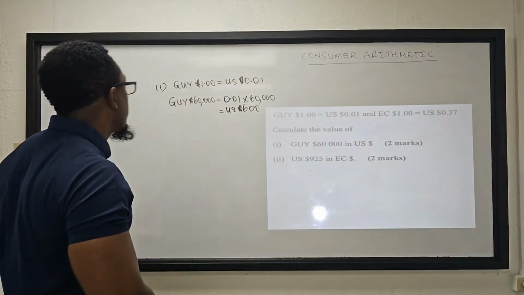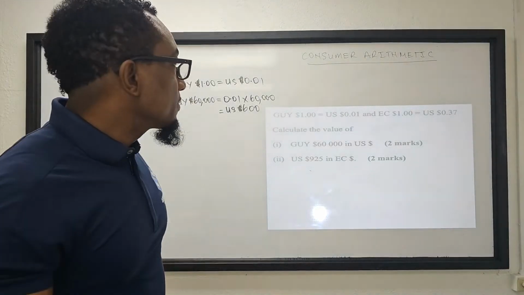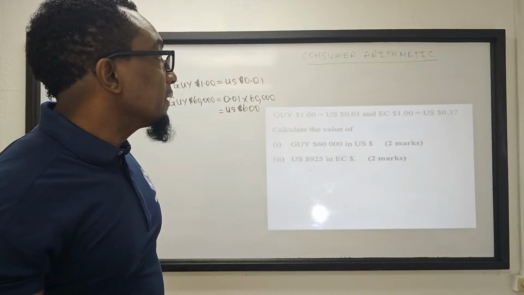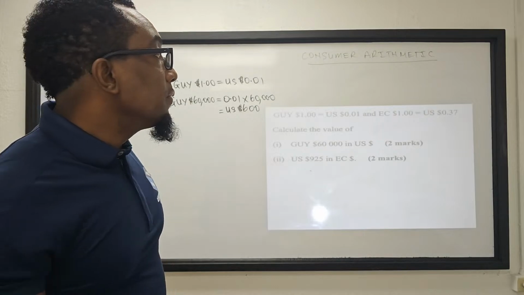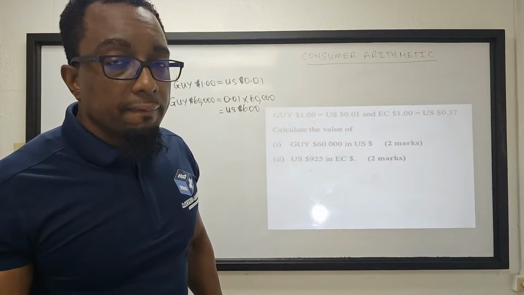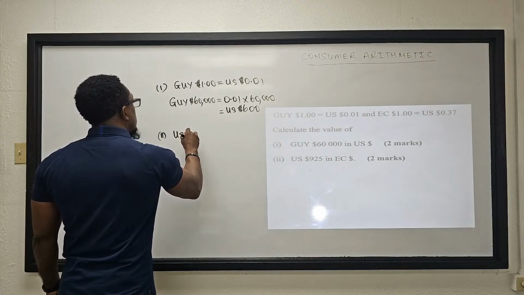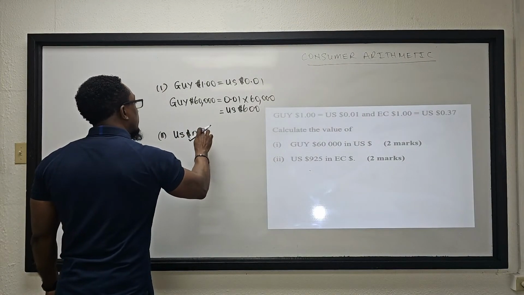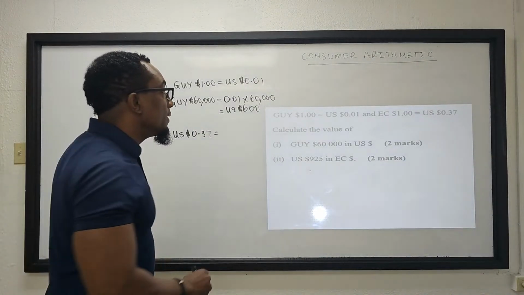And part 2, what is US $925 in EC dollars? So we have to convert US to EC dollars again. We have to use our exchange rate between US and EC, which we do have, but again, what we have to convert to must be on the right of the relationship. So EC must be on the right, so let's state here US 37 cents is equal to EC